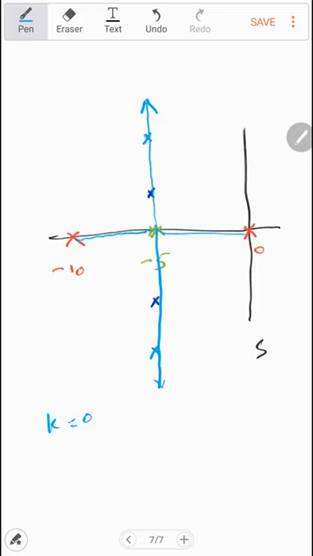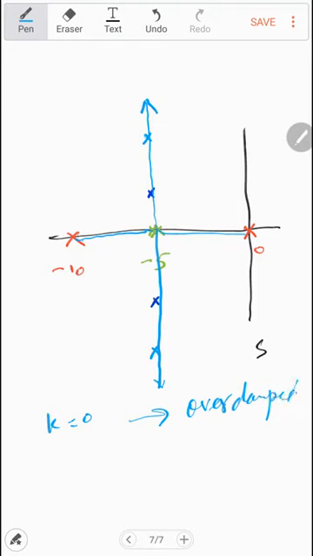Now what we observe from this is that initially k is equal to 0. When k was equal to 0, the two poles are along the real axis and they are apart from each other. And we already know that if the poles are along the real axis and apart from each other, then the performance of the system will be an overdamped system. So the response will be overdamped.